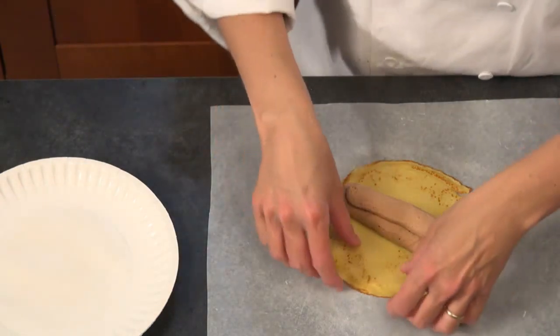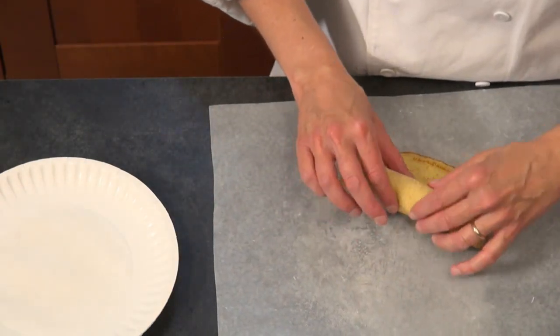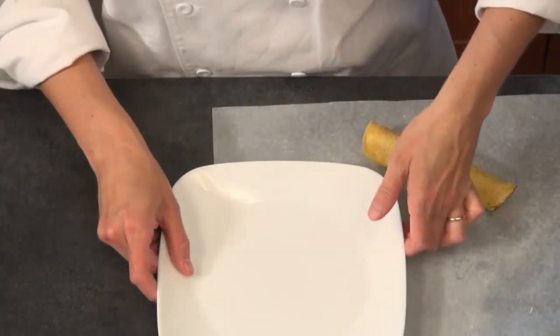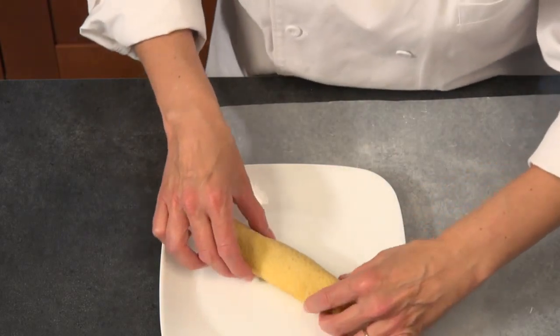And we're just going to wrap the crepe around, and then we're just gently going to fold it. And like I said, what's beautiful about these is you can make them in a variety of shapes and sizes. And you can even do a layered cake with your crepes, which we're going to be showing a picture on